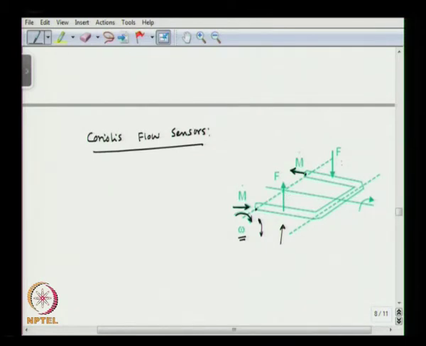Okay. So, the beam is going to experience Coriolis force in this direction, okay, and that Coriolis force is related to the mass flow rate. Okay. So, this is based on the Coriolis